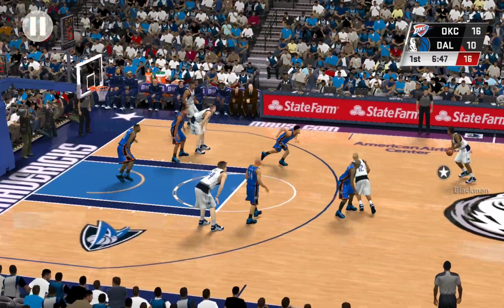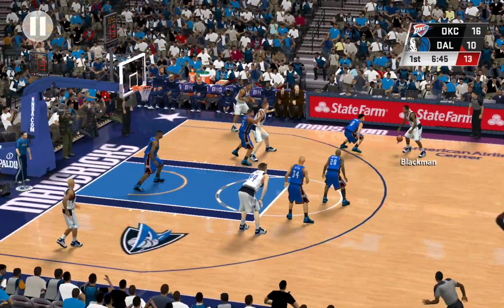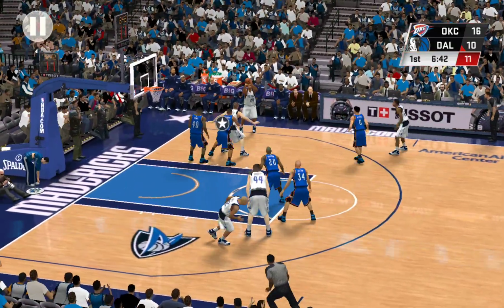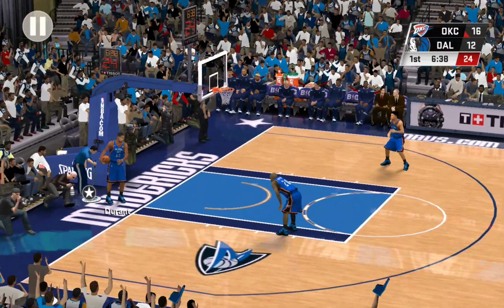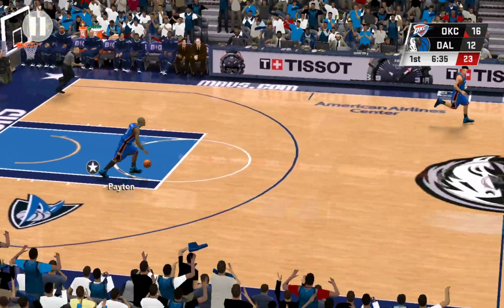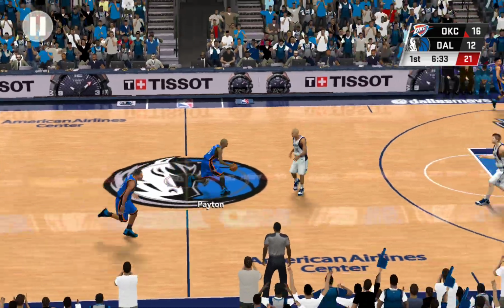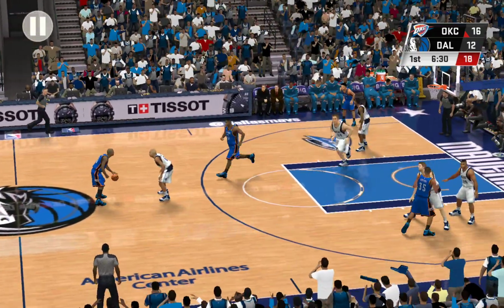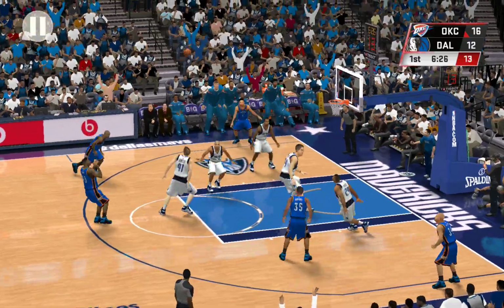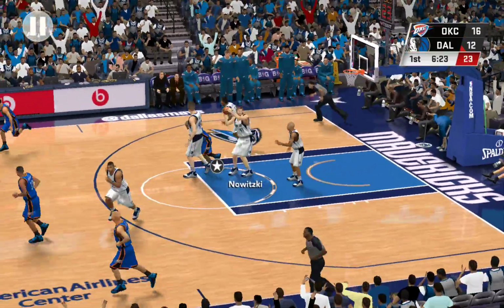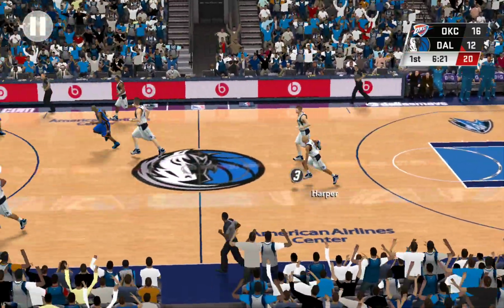Here's Harper. Pass to Aguirre. And another basket for Dallas. Here comes Payton. Now here's Kemp. From beyond the arc. And the rebound goes to Nowitzki.